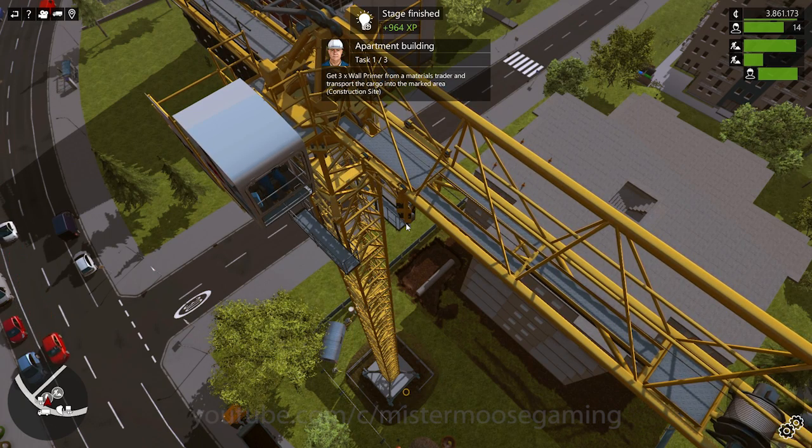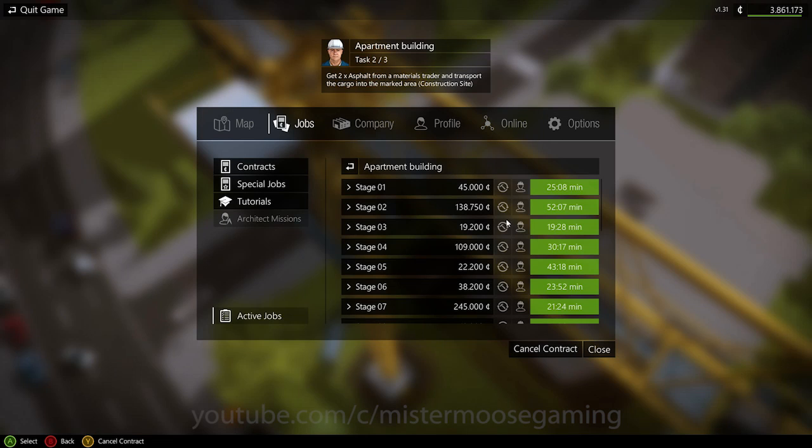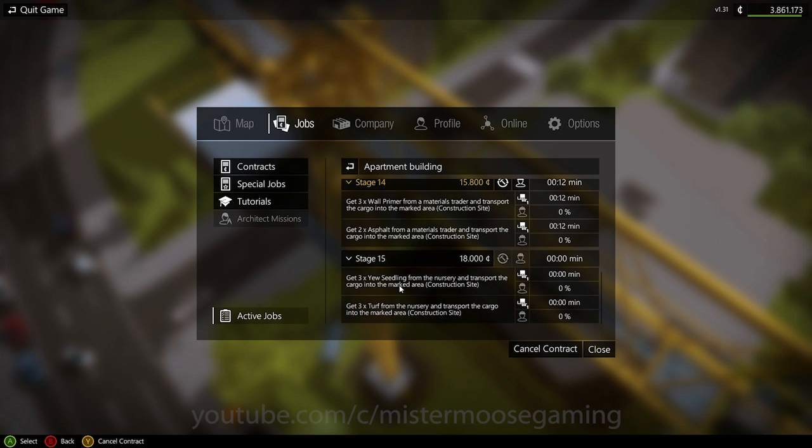Alright, so that's that. The next step is to get a few more deliveries out here to the location. So let's see, we've got to get 3-wall primer from the materials trader and bring that to the area. And then we've got to get 2 asphalt and bring that over. So that's one trip from the materials trader. And then we need to run out to the nursery and get 3 seedlings and 3 turf and bring that